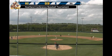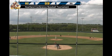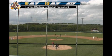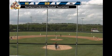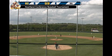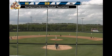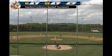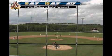3-run inning here in the top of the 8th, as the Jets have now pulled ahead by a score of 6-4. Here's the pitch. Strike 1 called. Another thing we talked about is just the talent that these Jets have. I mean, Steven Johnson, a guy who came in with a 1 ERA, wasn't charged for all 3 of the runs, but he was charged for 1 of them, but already gave up that 1 run. The other 2 runs were charged to the